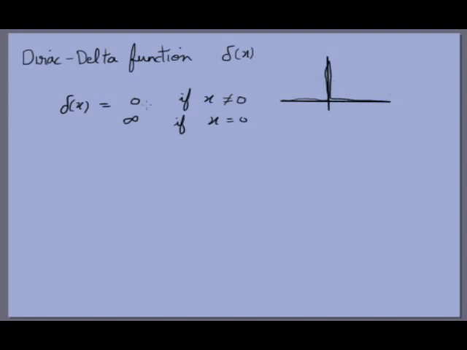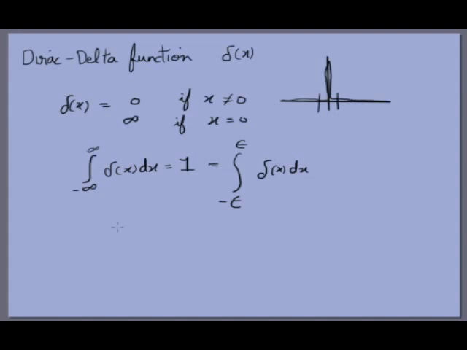But it also has one more special property, and that is the integral from minus infinity to infinity of delta x dx is equal to 1. So there is a restriction which tells us that the total integral is 1. And this doesn't necessarily need to go from minus infinity to infinity. It can also go from minus epsilon to epsilon,